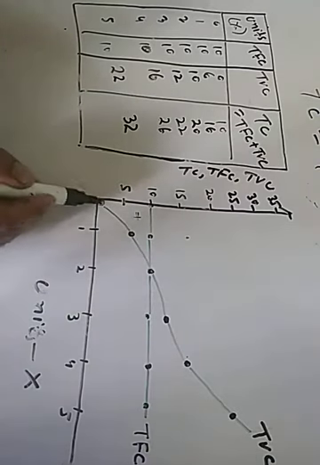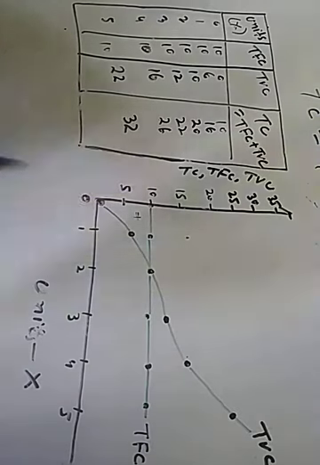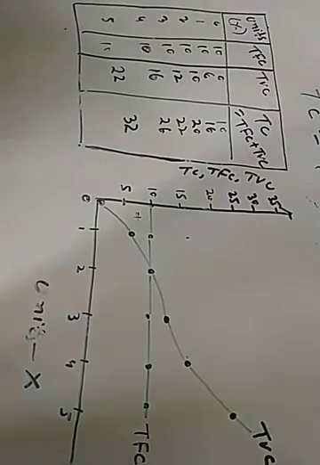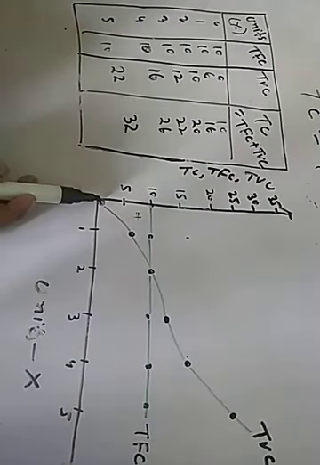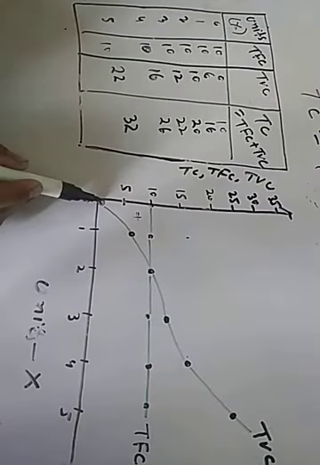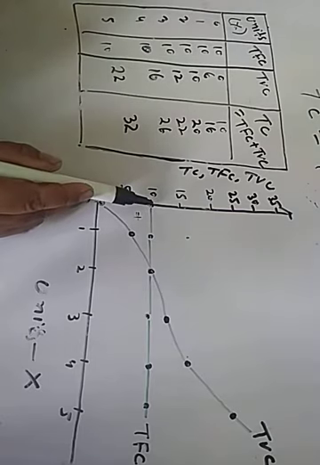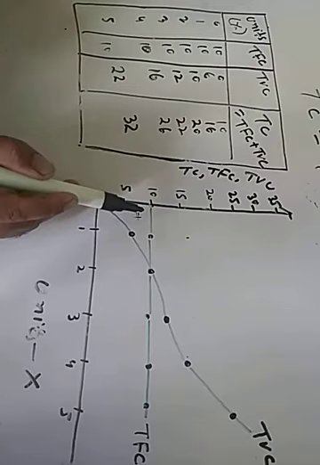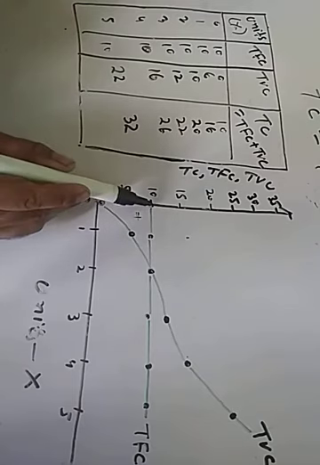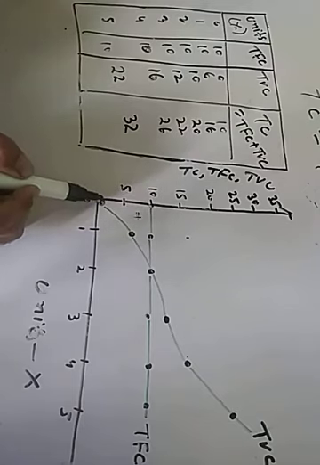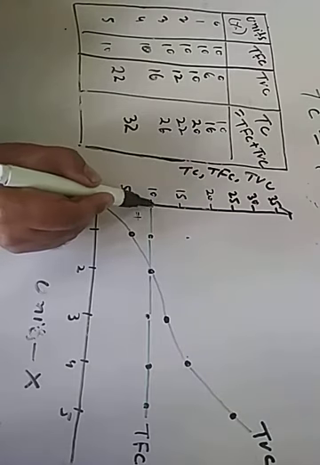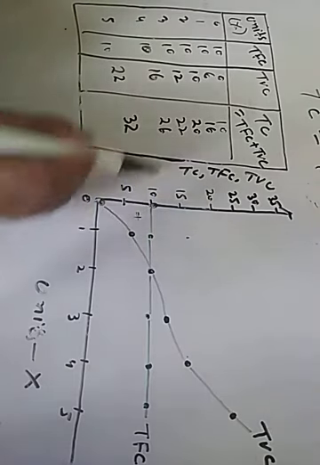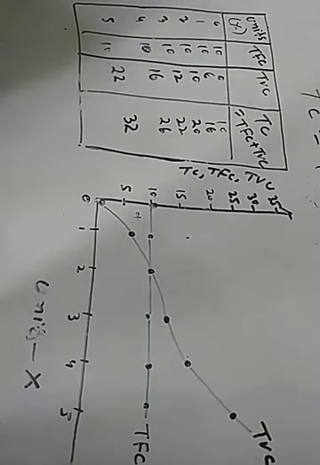Sorry, for the 0 units, when level of output is 0 units, total variable cost is 0. This is the point on total variable cost starting from the origin 0, and total fixed cost is equal to 10. This point lies on the total fixed cost curve. This point plus this point will be equal to 10 plus 0 equal to 10. Therefore, this is the first point of the total cost curve, that is equal to 10.